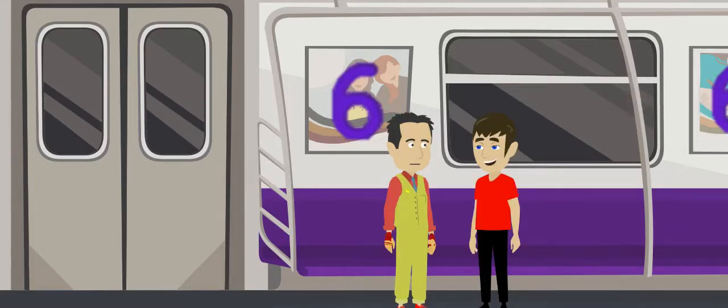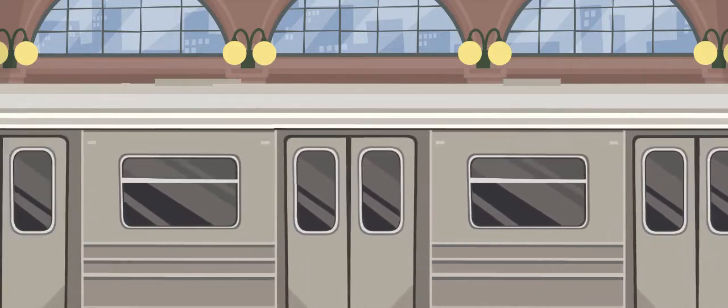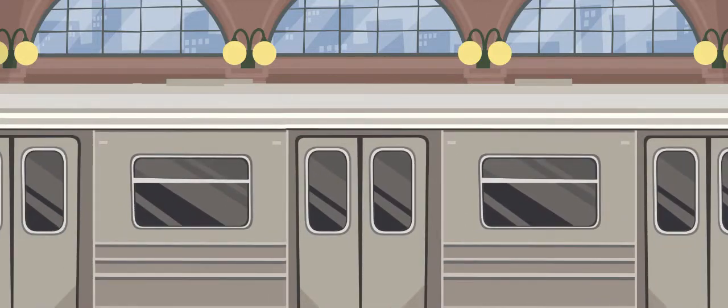That was amazing. We've now learned the 6 times table. Thanks. I know how to learn about the 6 times table, Mr. Marco. What do I do next? Well, it's time to get out of the train and learn the 7 times table. Okay. Thank you 6 times train. We'll see you there.